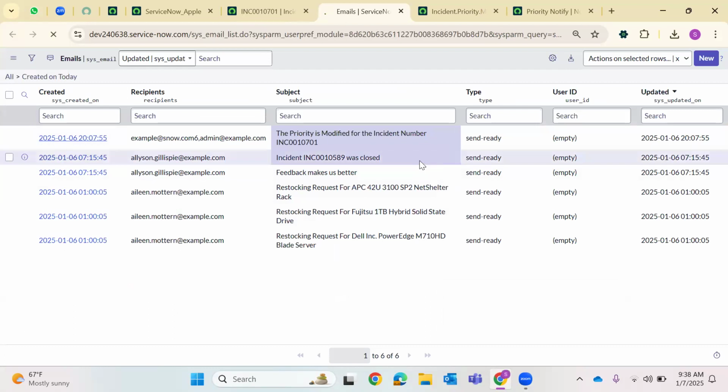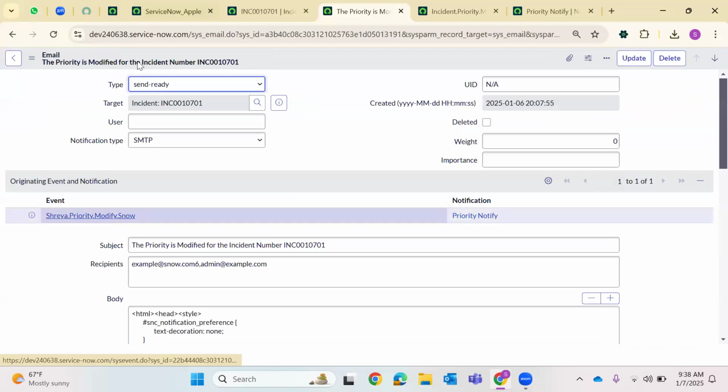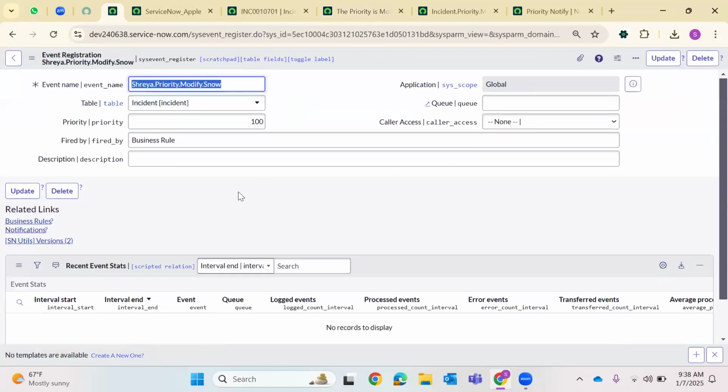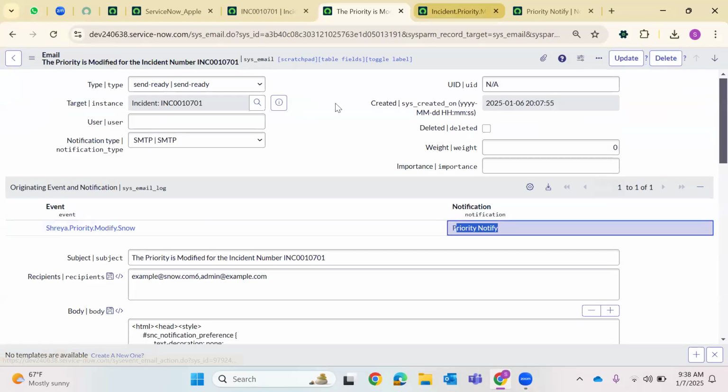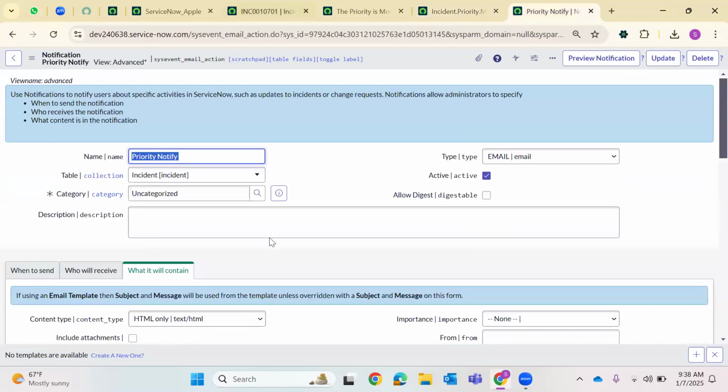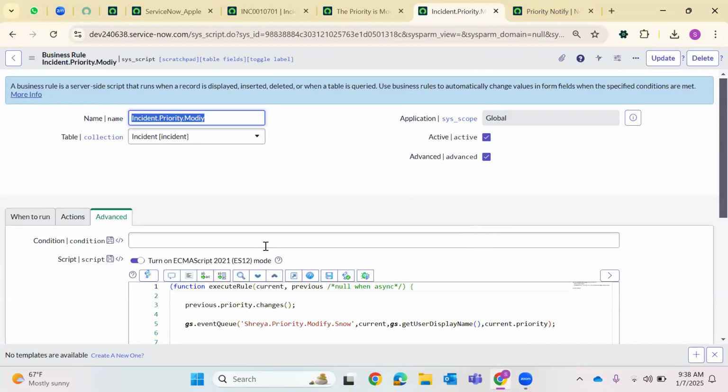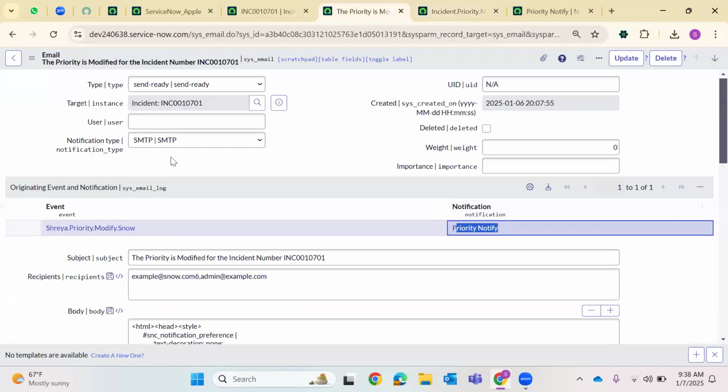And if you open this email, you can clearly see it is from our event, which is Shreya priority modify, and my notification. This has to be a confirmation every time, guys, and it has to trigger our notification as well as the event name. Then only you can see those. And under preview, you can see how the mail is looking. And to see this notification,